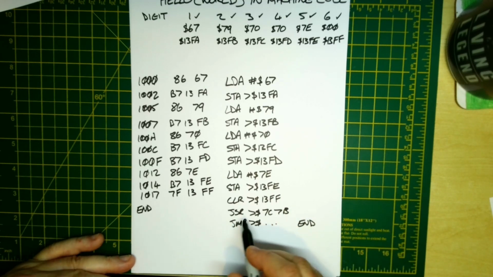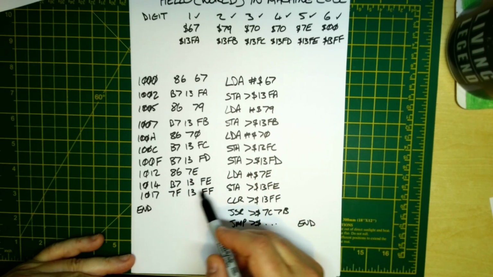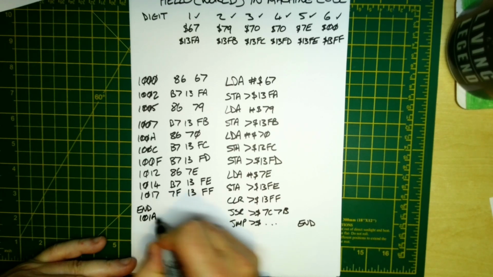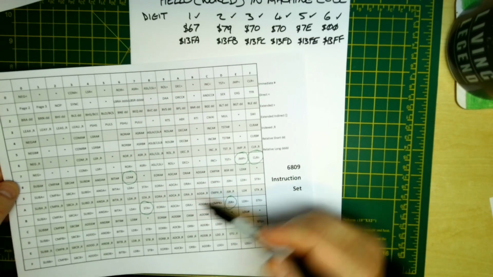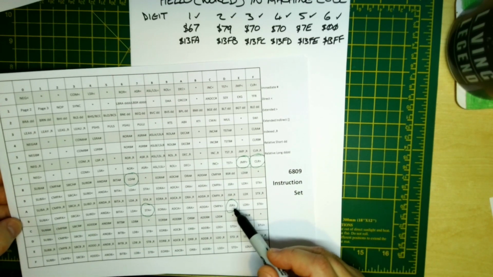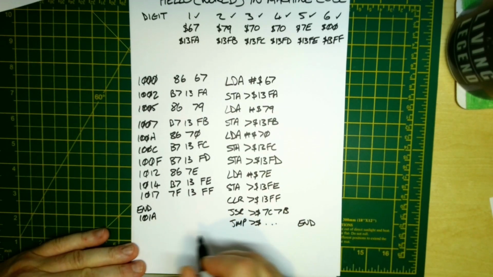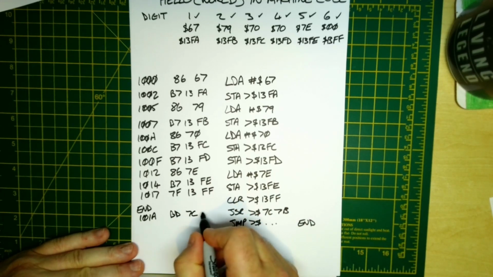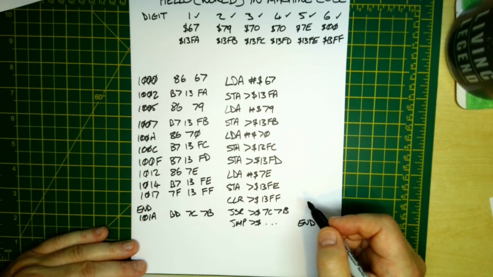Now we come to our jump subroutine, and the label here is going to be, this is 7, 8, 9, so this will be 1, 0, 1, 0, 1A is jump subroutine 7C, 7B. So let's look for jump subroutine. Again, jump subroutine here with the following 2 bytes is BD. So BD 7C, 7B, and that's the monitor routine that refreshes the display for a few milliseconds.